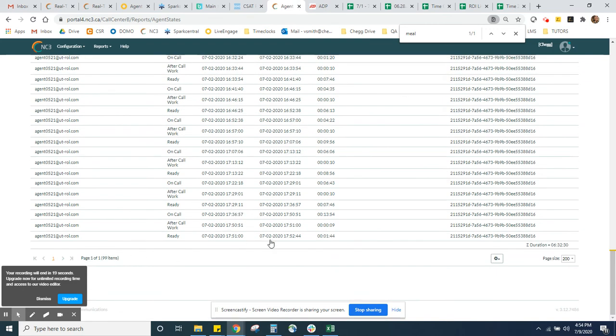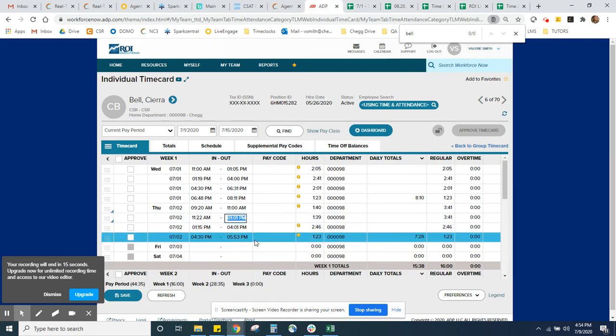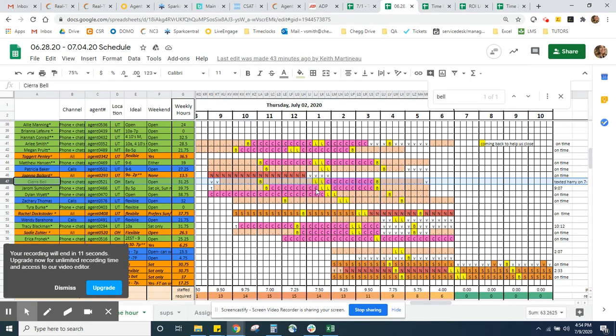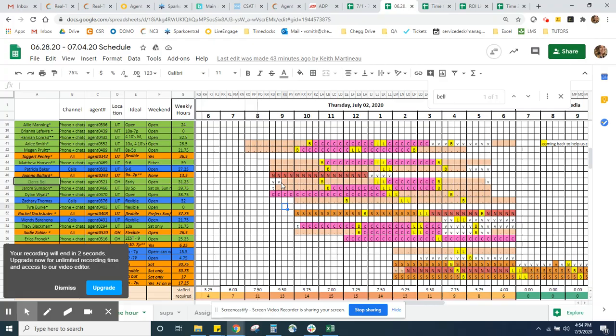and she clocked out at 52. So now that matches what was worked, we want to make sure that the schedule matches what we found in ADP, which she worked more like 9:20. Okay, perfect. And so we see in the schedule